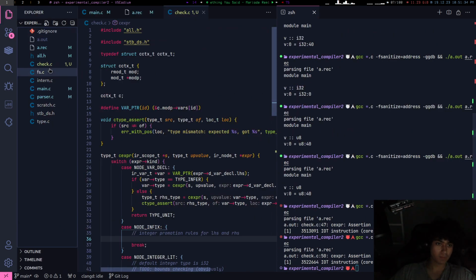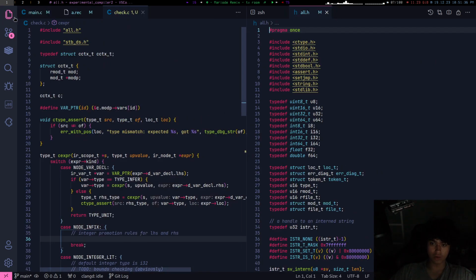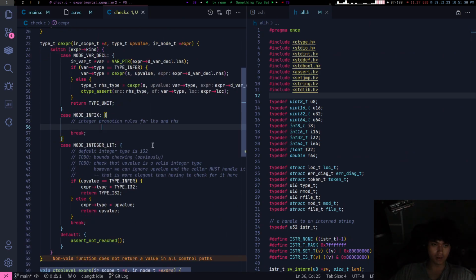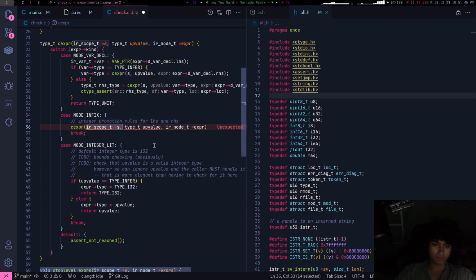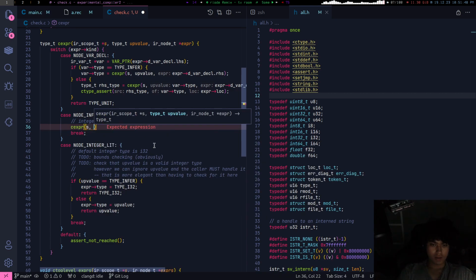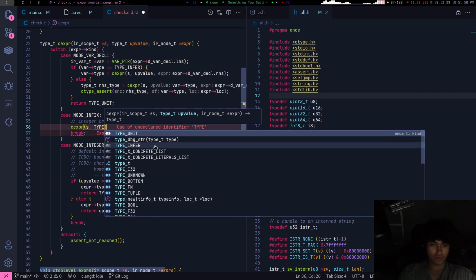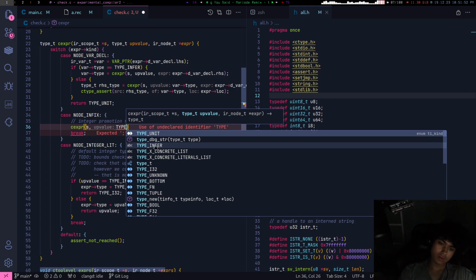In fact, I can do that. There's an all.h. So I'll get C expr. S upvalue is type infer.